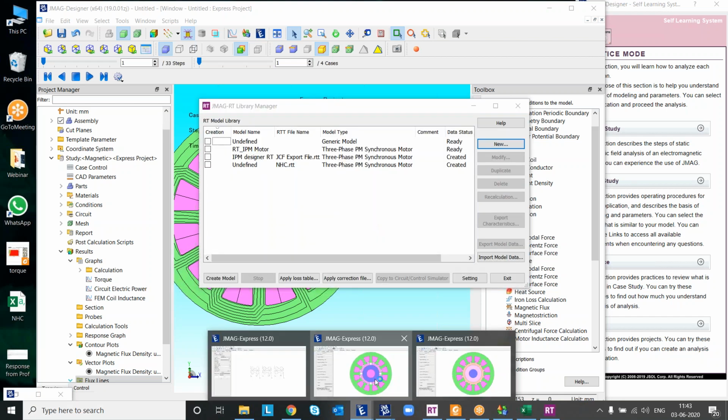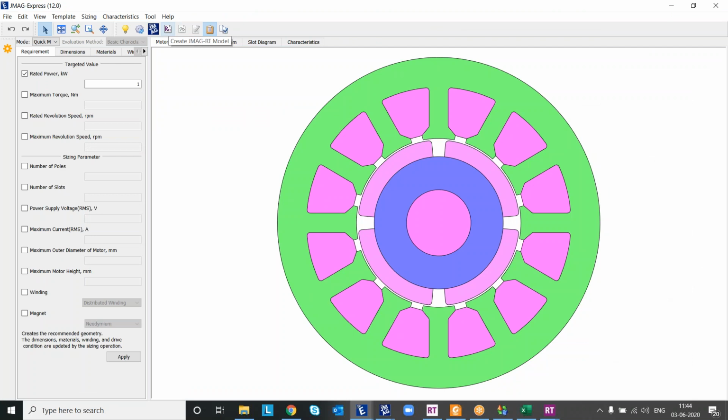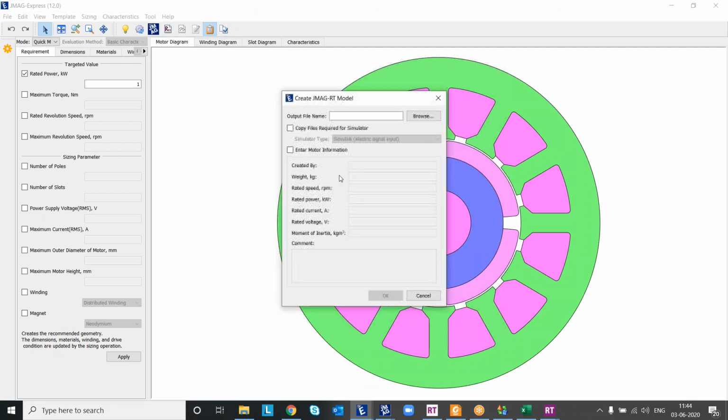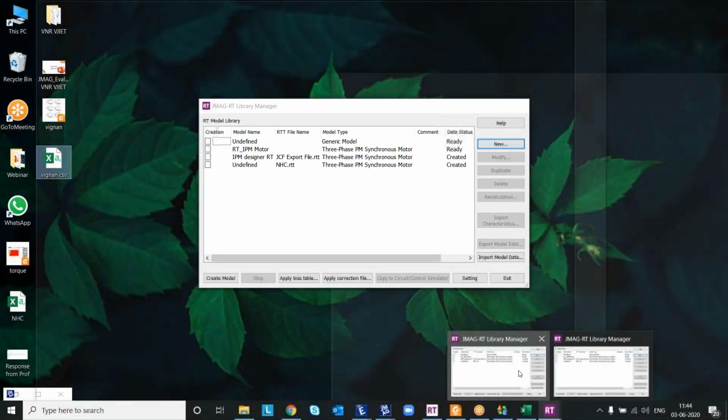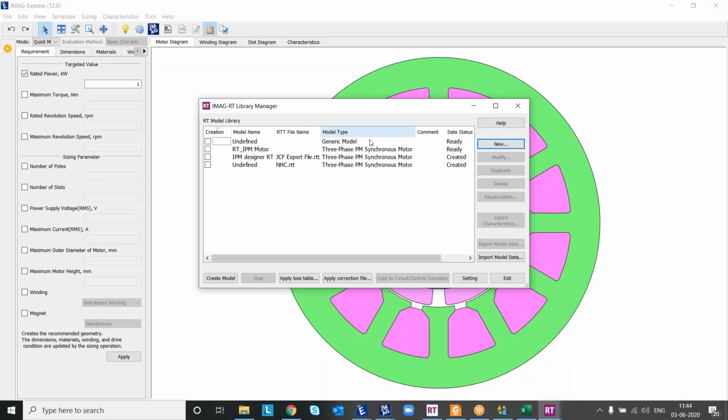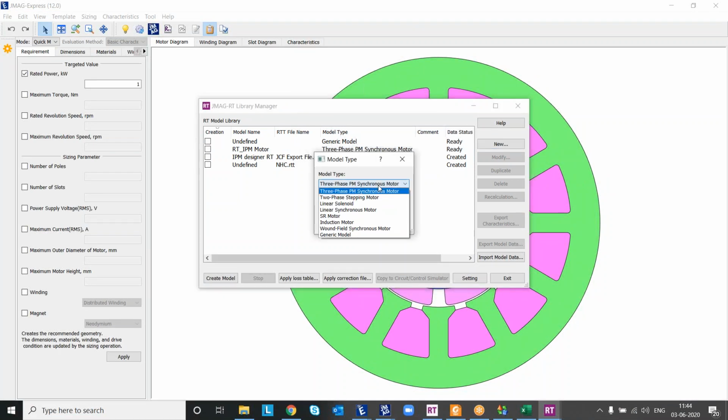I have explained already how to create an RT module for Simulink here like this. Or for BC also you can create the model here like this. And similar to that, from the design you create this RT file using this particular option, JMAG RT Library Manager. So here you can create a new model. So these are the motors which are supported